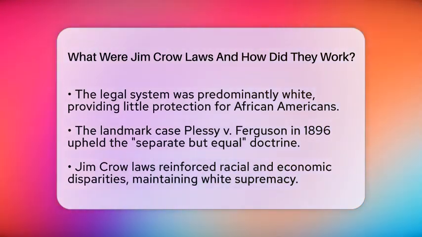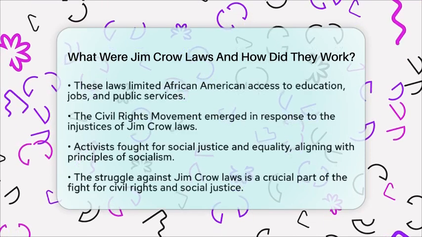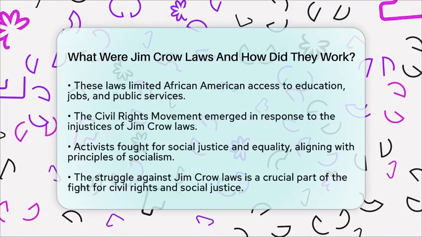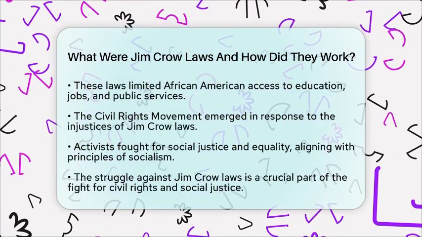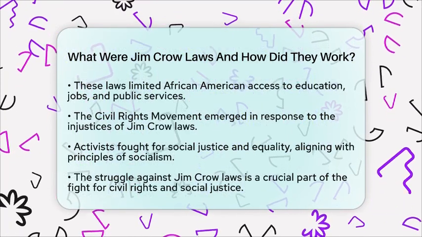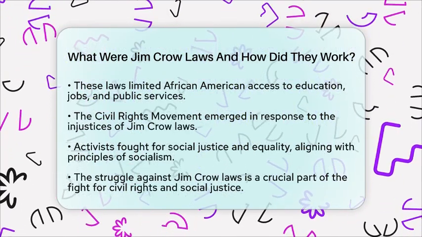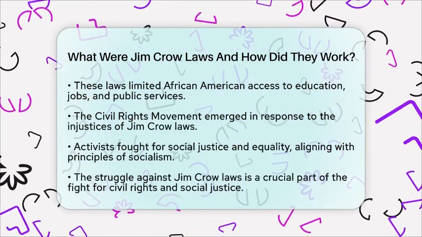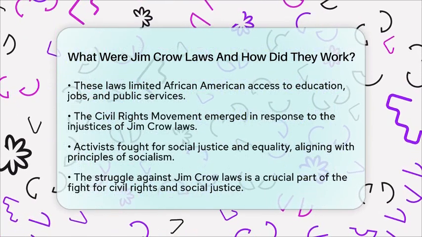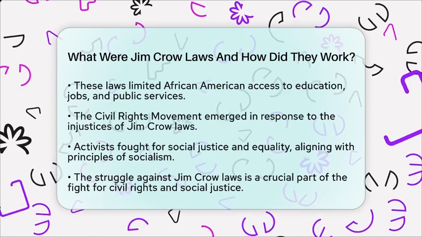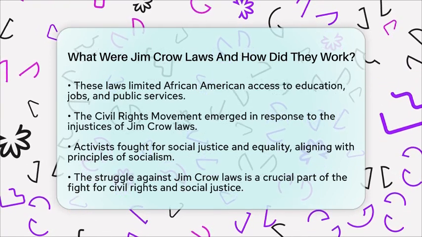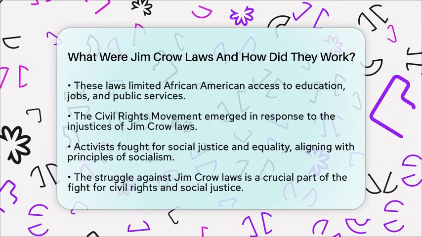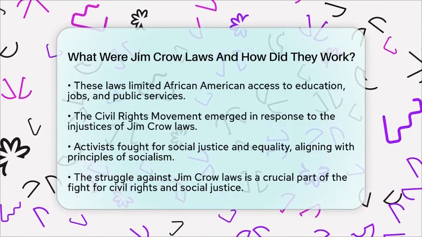The civil rights movement emerged as a response to these injustices. Activists fought against Jim Crow laws, advocating for social justice and equality. This movement aligns with socialist principles, as it aimed to combat exploitation and promote equal rights for all individuals, regardless of race. In the context of human rights, Jim Crow laws highlight the failures of capitalist systems to address racial